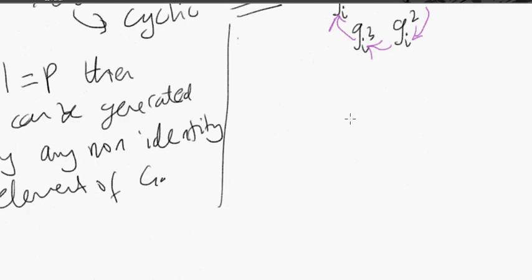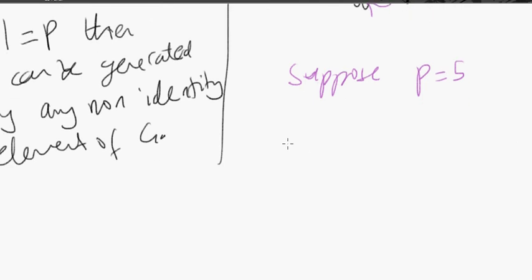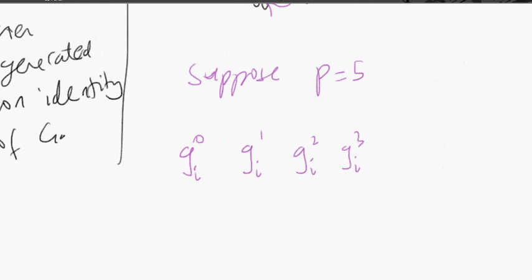Let's write it better. Suppose p is 5. That is our prime. Then let's start from the first element. So we would have g_i^0, which gives us the identity, g_i^1, g_i^2, g_i^3, g_i^4, right? And so basically what we're getting here is,